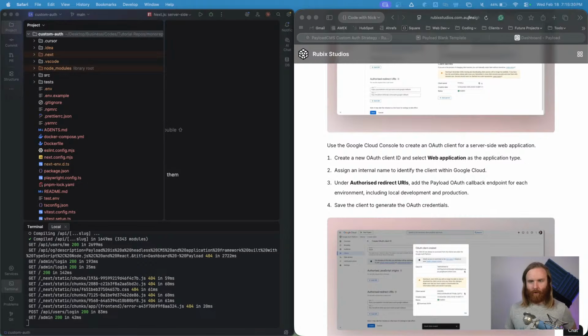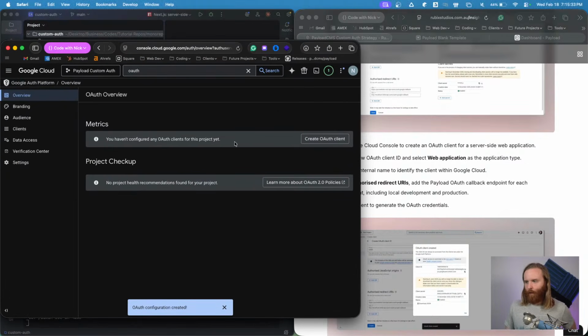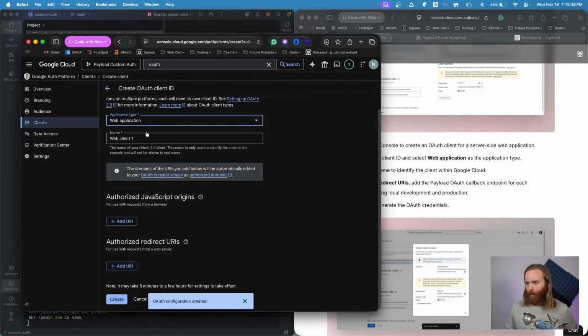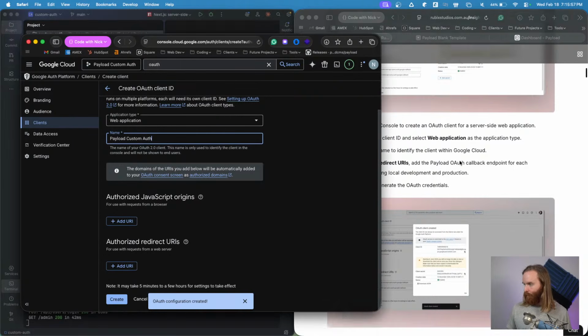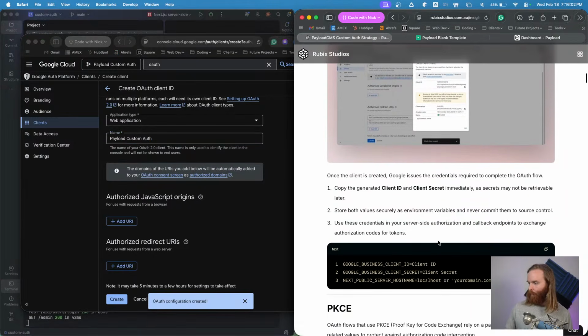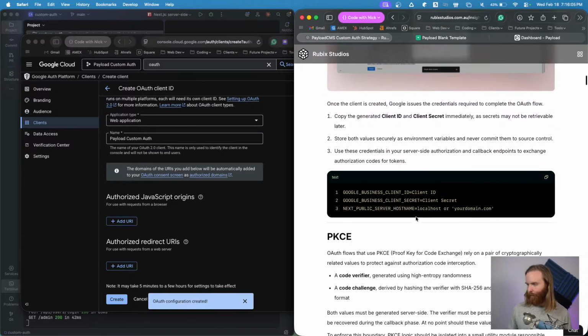And now that's going to bring you to this screen here, that I haven't configured any OAuth clients for this project. So I'm going to do that. Again, I'm doing this so I don't leak any secrets by accident. This is going to be a web application, so I can show this. And the name, again, I'm just going to do Payload custom auth. And then we can see here